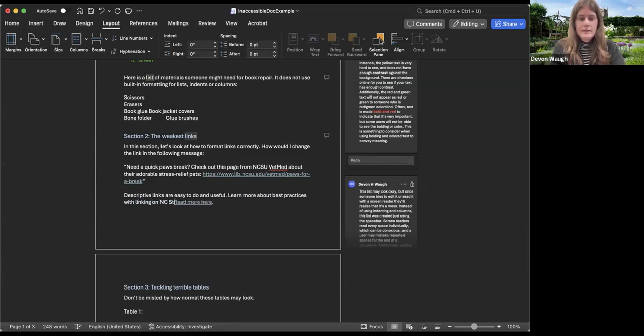Linking on NC State's accessibility hub. And then I would change the link here to be this text here so that it's actually meaningful about where to go. The other example is showing the Pause for Pause event that